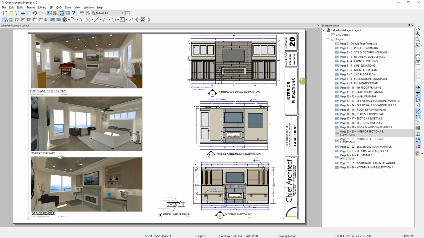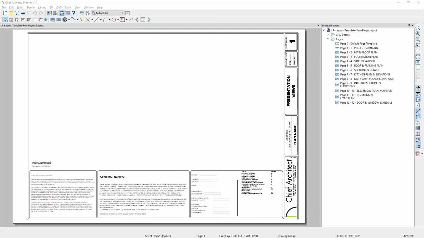Let's take a look at a couple of the different template files that I use when I create my layout file. I'll tell you how to create a template file, but let's begin by looking at the template file that I use that is half the pages that I typically might use for an abbreviated plan set. You'll notice in this plan set that I have 12 different pages typically already saved. There's no client information inside of here, but it has the text that I usually use on each of the